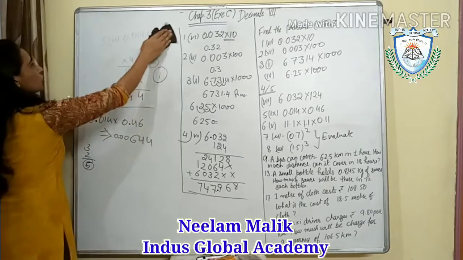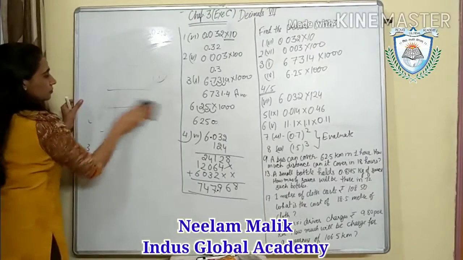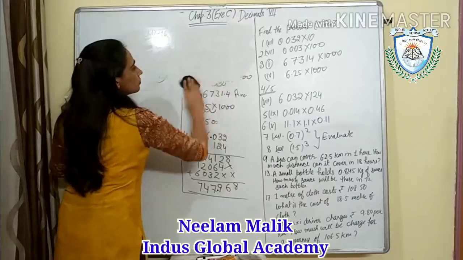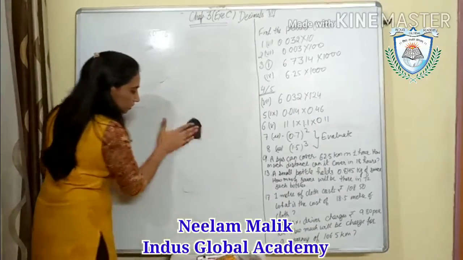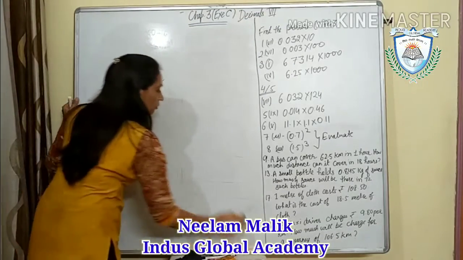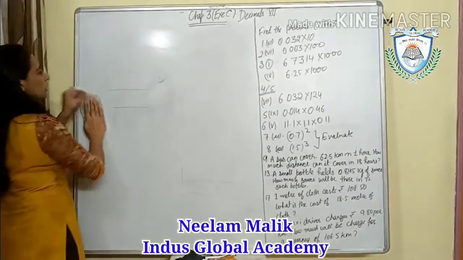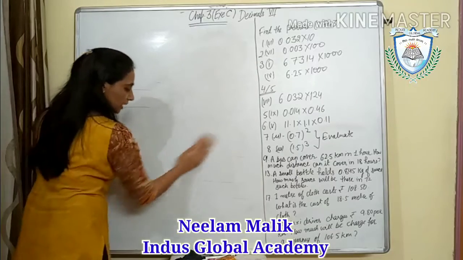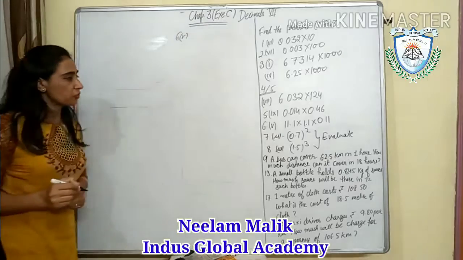question number 6. In question number 6, 3 numbers are given and we have to multiply the given 3 decimal numbers. Okay, what will we do for that? First we will multiply the first 2 numbers and then we will multiply the third number with the result. Okay, so consider that question number 6, this is our 5th part.